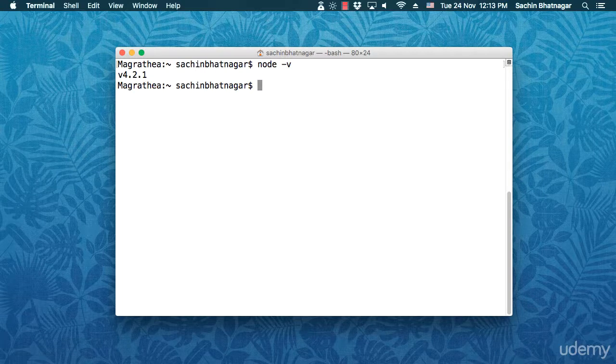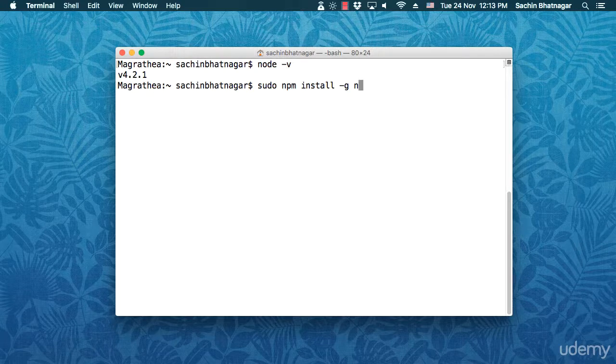Now, since we installed Node.js using the package downloaded from the Node.js website, we will have to install the N installer. This can be done by typing sudo npm install -g n and then pressing enter. In this step, we are using npm, or the Node Package Manager, which is a utility that gets installed when you install Node.js on your machine. npm then lets you download packages and modules easily on your machine. Here, we are installing a package globally by using the -g flag.